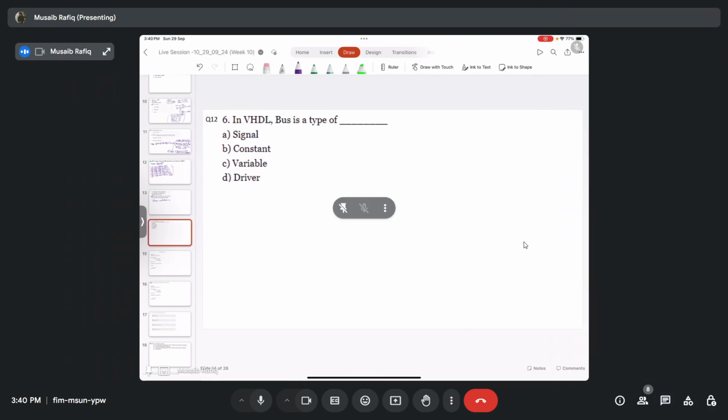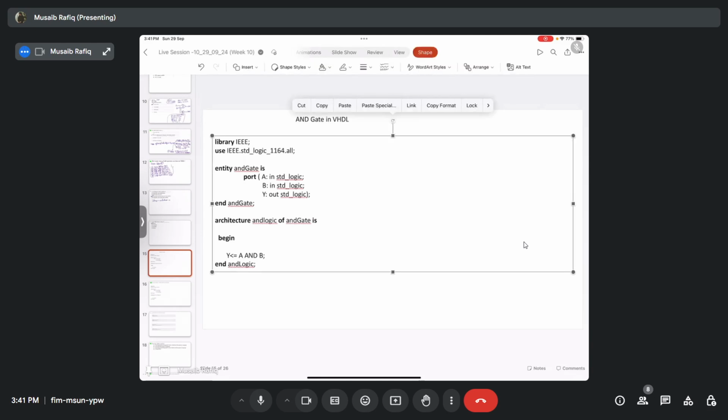The correct answer to this question is option A, signal. So bus is a type of signal which may have its driver turned on. Now in the next slide, I have kept the code of an AND gate